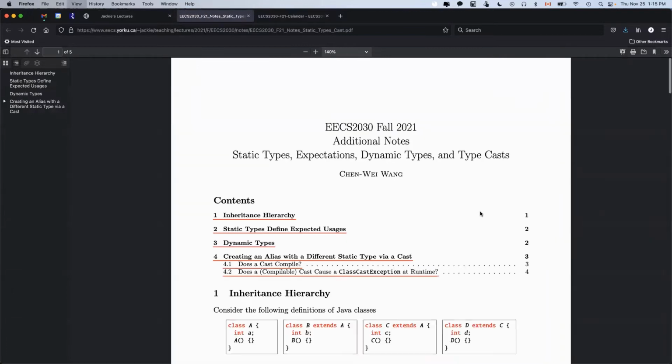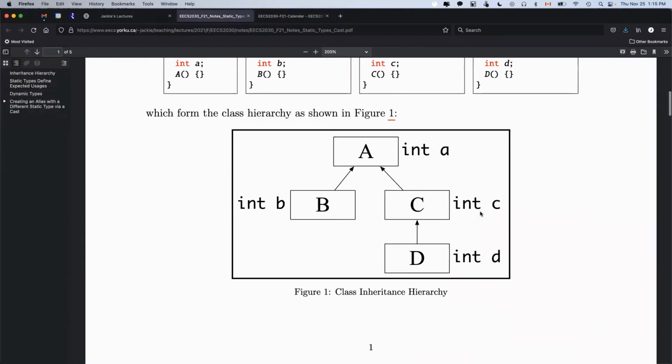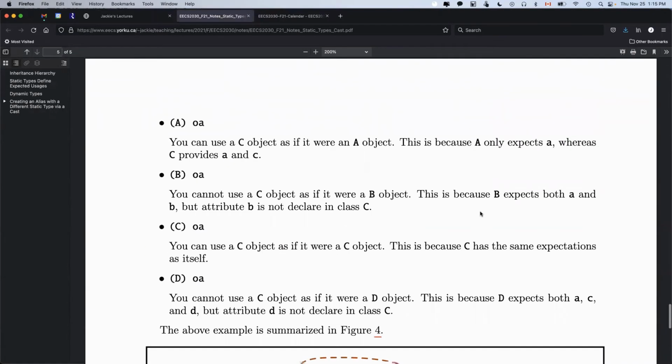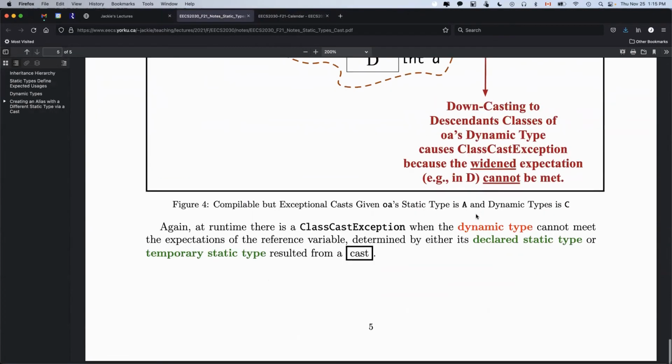So at the very bottom, the last thing, that sentence at the end about the class cast exception got me a little bit confused. Okay, sure, no problem. I can go over that quickly. At runtime, there is a class cast exception when the dynamic type cannot meet the expectation of the reference variable determined by